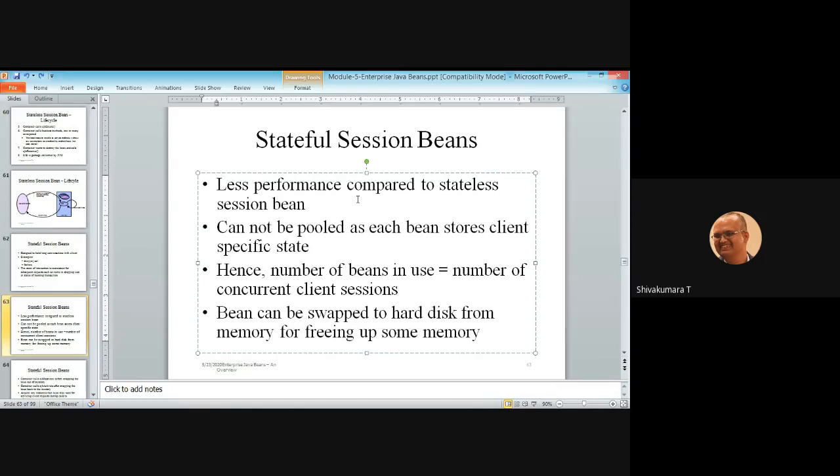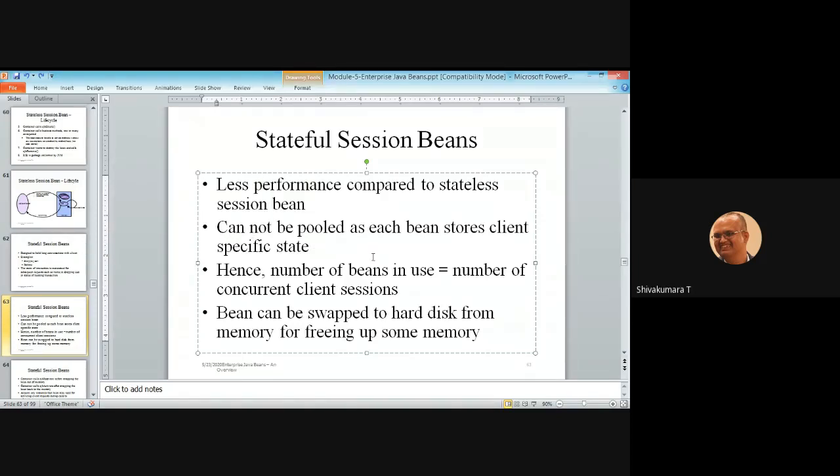Compared to the stateless session bean, performance is a little less. It is not much. It's a little less because a single client maintains the whole session information, so obviously it requires some resources of the system. If thousands of stateful session bean requests come, obviously it is a burden to the container, in turn a burden to the JVM, in turn a burden to the operating system. One is connected to the other.